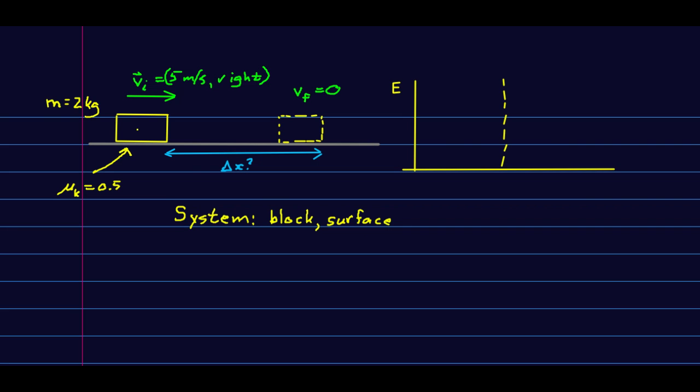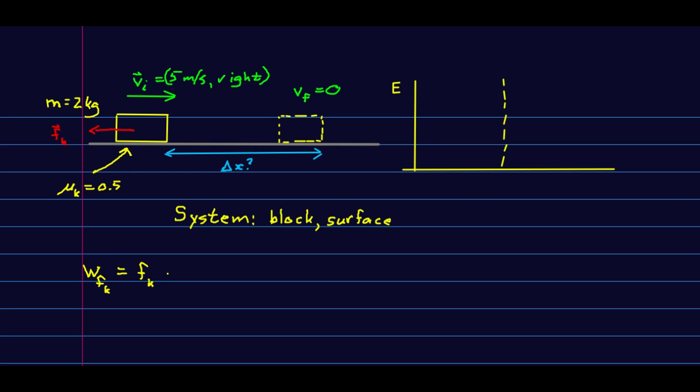And if you think about the forces on this block as it slides, there's a weight, there's a normal, there's a friction. The weight and the normal are both perpendicular to the motion. They do no work. We don't care about them. And then there's the friction. It's doing work. So the friction force is acting back. And so we know that the work done by that friction force is going to be just the magnitude of